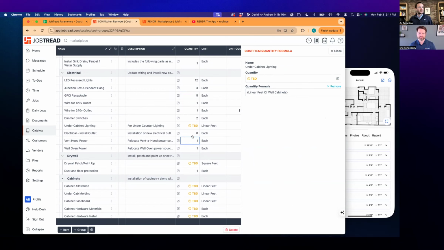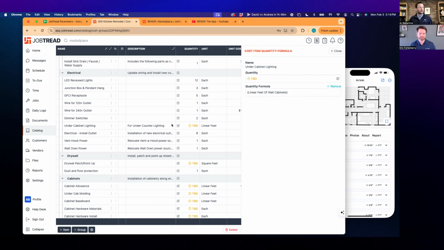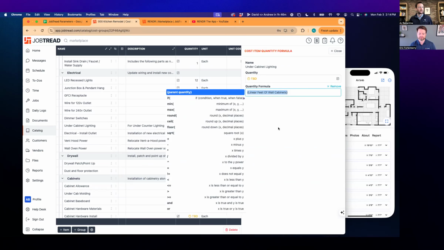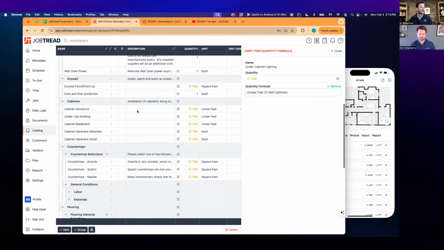So all I'm doing here in these quantity formulas is copying and pasting a particular parameter. When I select edit formula, I'm pasting it right here in this quantity formula. If you select this, you can make this an equation here. So I could use multiple parameters for the calculation, similar to how I'm doing it down here for my cabinet